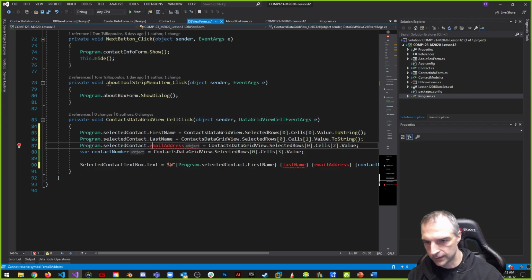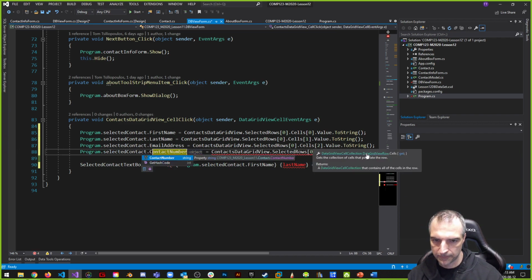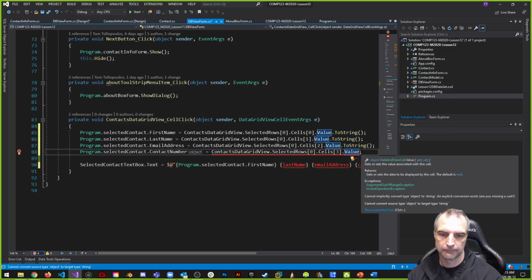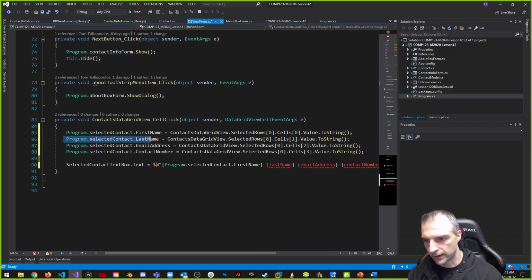So I want to do one of these, and I'll fix the interpolation in a second, toString. And the same thing goes here for the last thing, the contact number. Okay, contact number, and then toString. And then I can just take this whole thing and just put it in here, last name, and then the whole thing,